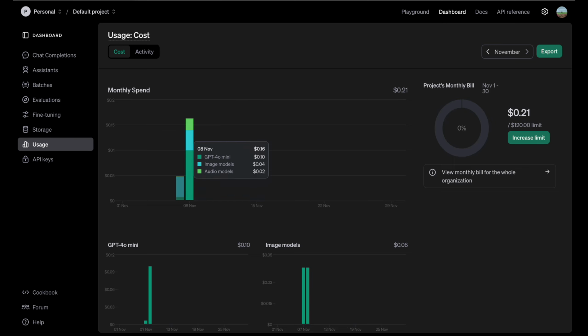So this test I ran on November 8th. For this, I ran this script two times, right? So after running this two times end to end on a video, the video which I used for this is almost 2 minutes in length, right? So the length of the video matters here. So if it is going to be 2 minutes, then the cost to create the thumbnail, description, and the title, also all this AI related stuff will cost you around